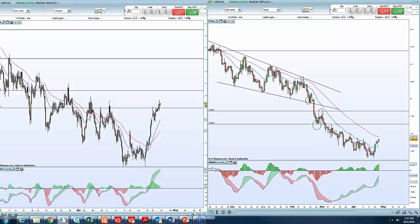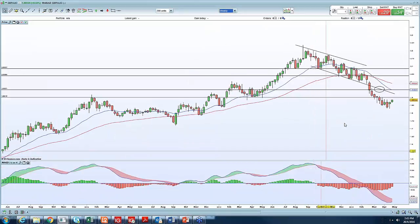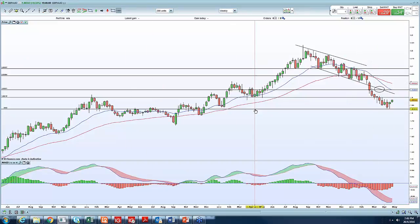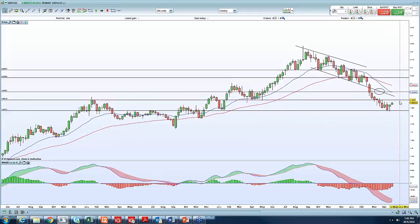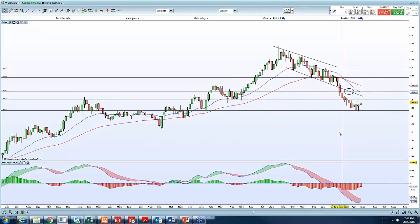So if you can see the Pound Aussie, let's take a look at the weekly chart first. The Pound Aussie has dropped really significantly for the past few months or so already. Right now it has come off this support level around the 183 level, and you can see that it's making a bounce up. If you look at the trend, the weekly chart is definitely still bearish. However, you can see that it has formed some kind of base because the past 3 weeks,